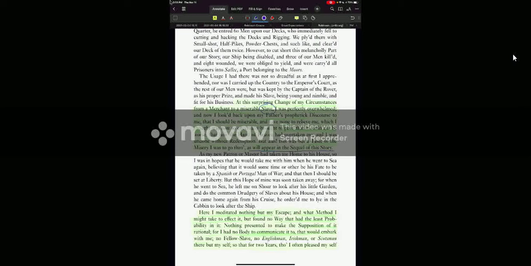The middle paragraph starts with "the usage I had there was not so dreadful." Okay, we are from the middle of the paragraph. At this surprising change of my circumstances from a merchant to a miserable slave, I was perfectly overwhelmed, and now I looked back upon my father's prophetic discourse to me, that I should be miserable and have none to relieve me, which I thought was now so effectually brought to pass, that it could not be worse, that now the hand of heaven had overtaken me, and I was undone without redemption. But, alas, this was but a taste of the misery I was to go through, as will appear in the